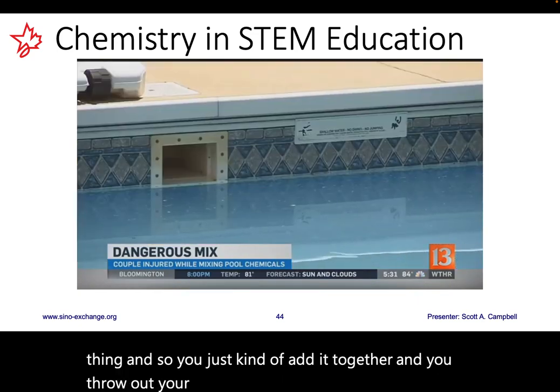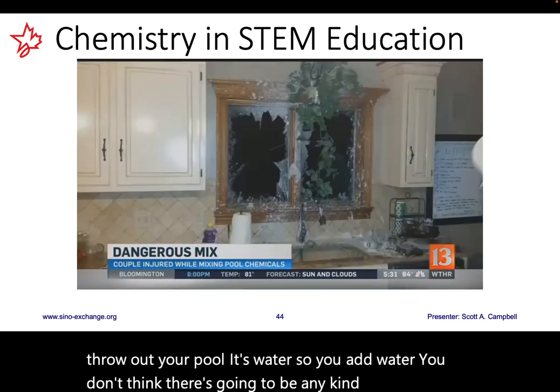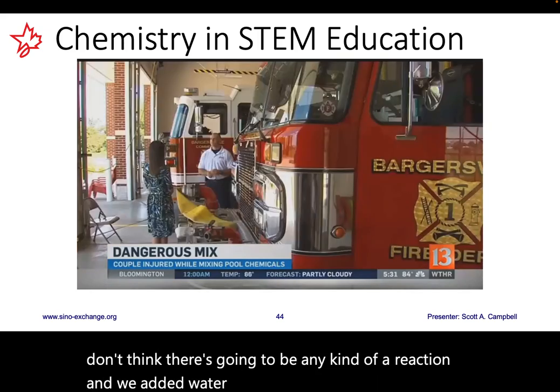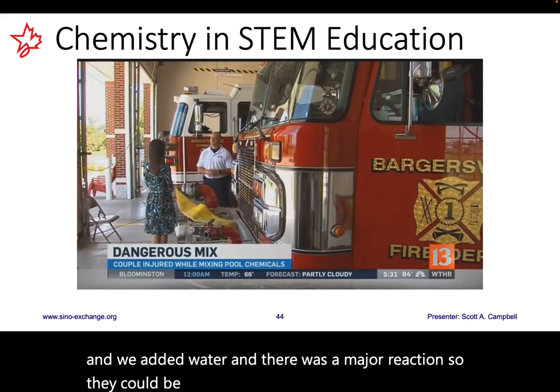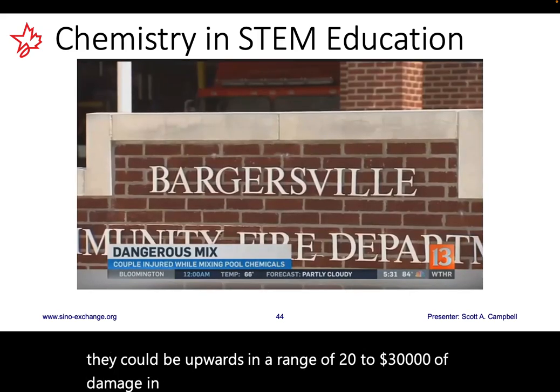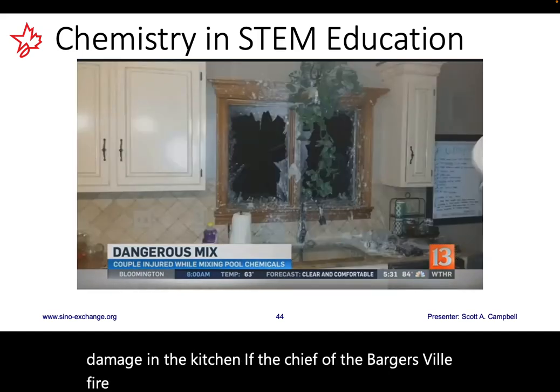It's water, so you add water. You don't think there's going to be any kind of a reaction, and we added water, and there was a major reaction. They could be upwards in the range of $20,000 to $30,000 of damage in the kitchen. The chief of the Barkersville Fire Department says this was simply a mistake, but one that could happen in any